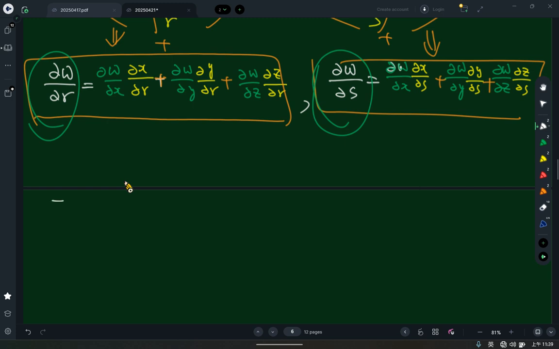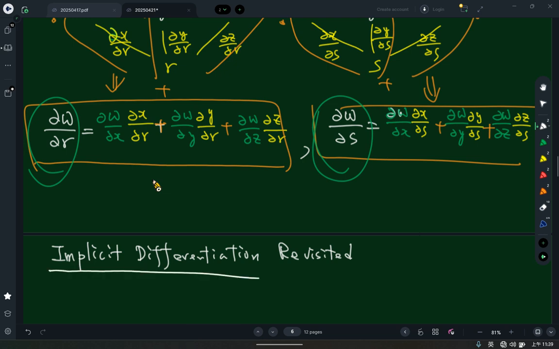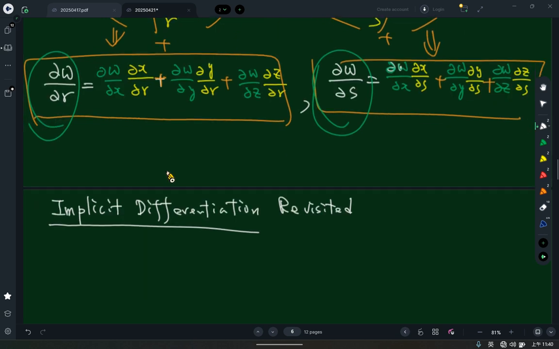Okay, then we will talk about implicit differentiation revisited. Okay, implicit differentiation, we learned it last semester. As I remember, it is in chapter 3. So right now, why do we revisit this problem about implicit differentiation? Because, you know,